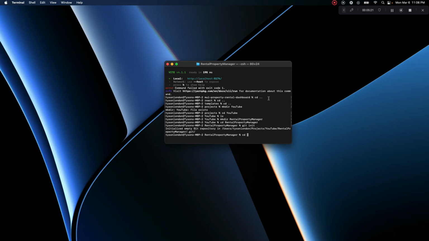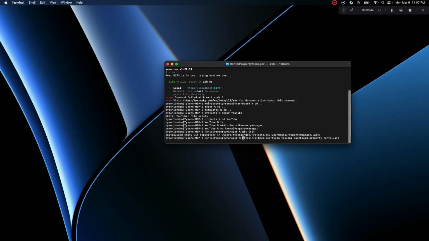All right, and so we can cd, well, we won't cd into the back end yet. So we'll actually start by building out our front end. So we're going to clone the repository for the front end dashboard that I built. Let me widen this up so you can see it a little bit better. But yeah, that's it there. So you can definitely go to my GitHub page, which is Tyson-TLO in github.com, or you can just take a look at this and type it